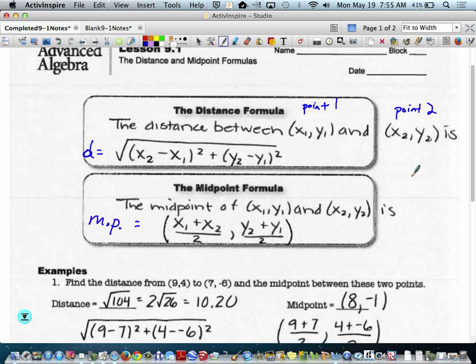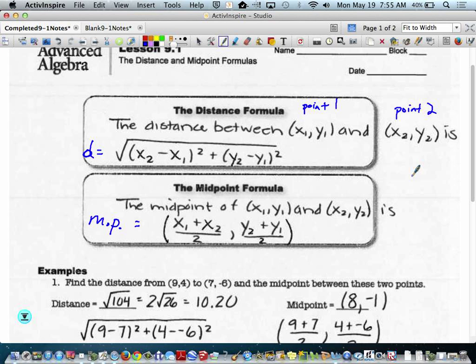So if you designate this to be point 1 and that one to be point 2, when you put it in the problem, just go, x2 minus x1 and the y2 minus the y1. It can be in any order, but you have to be consistent which point you're subtracting from or which one you're using to subtract. Same thing with the distance, the midpoint formula, this is not really necessary to even write